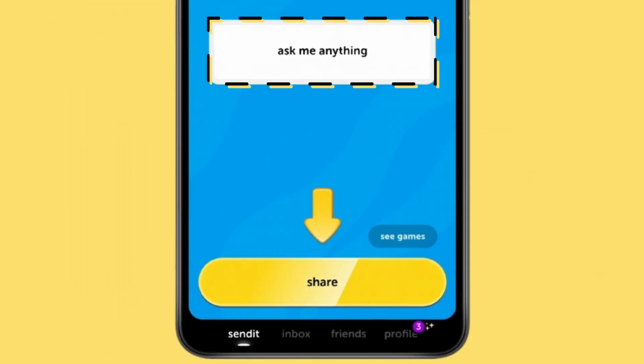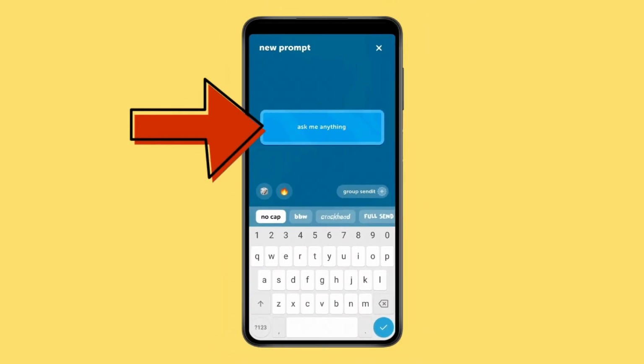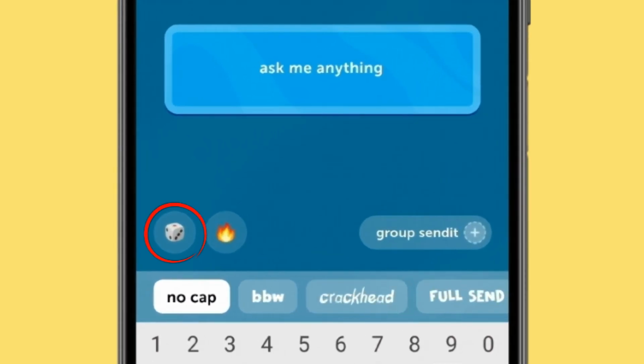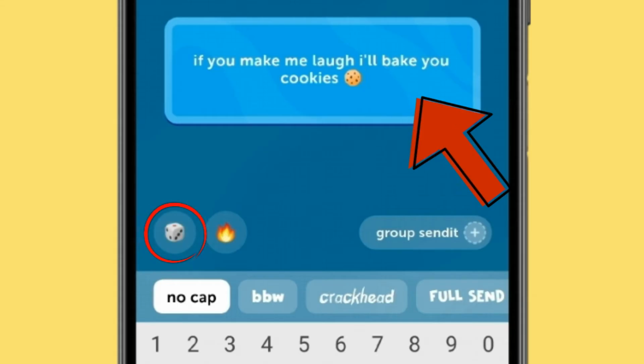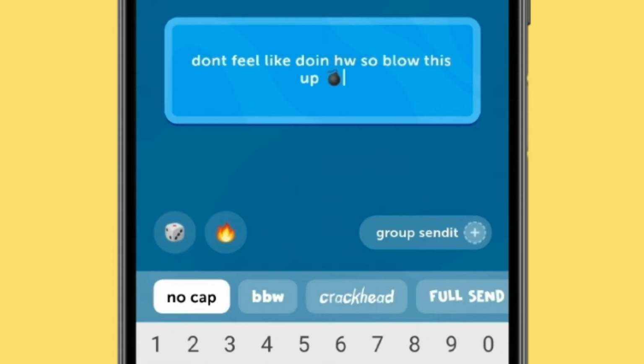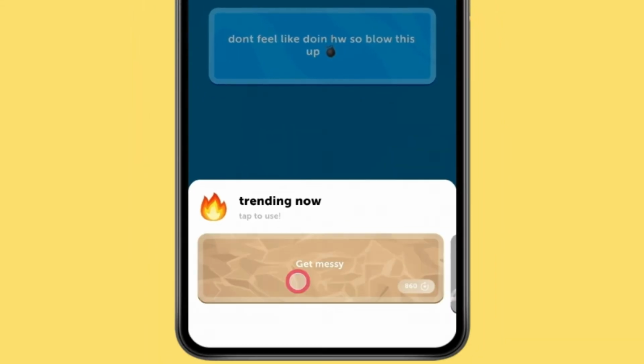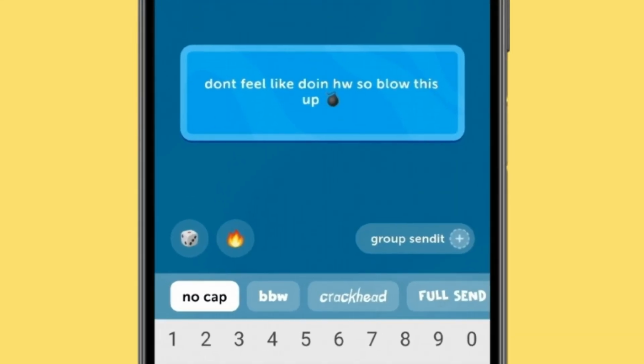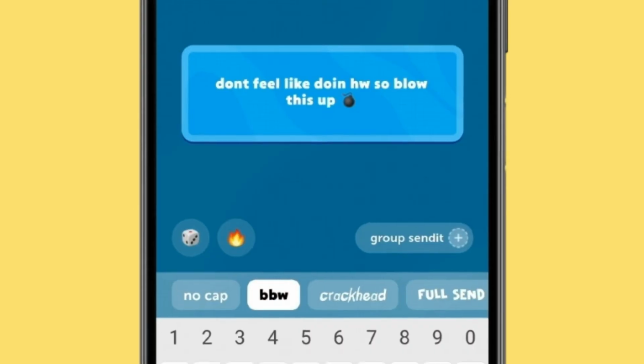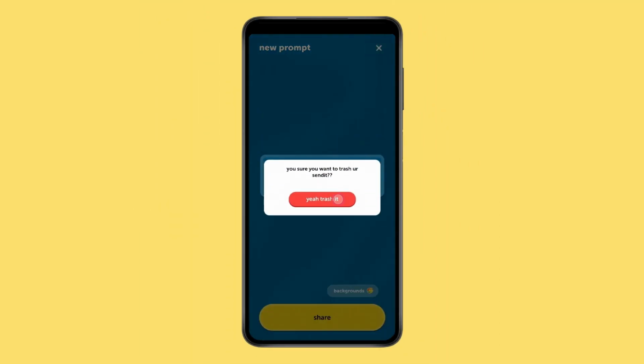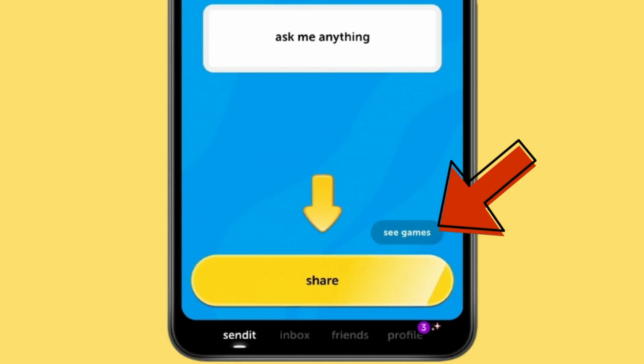If you click on this, then you can type anything you want in this. You can also click on this dice icon to get random text like this, and if you want trending questions, then click on this fire icon. You can also change font like this,